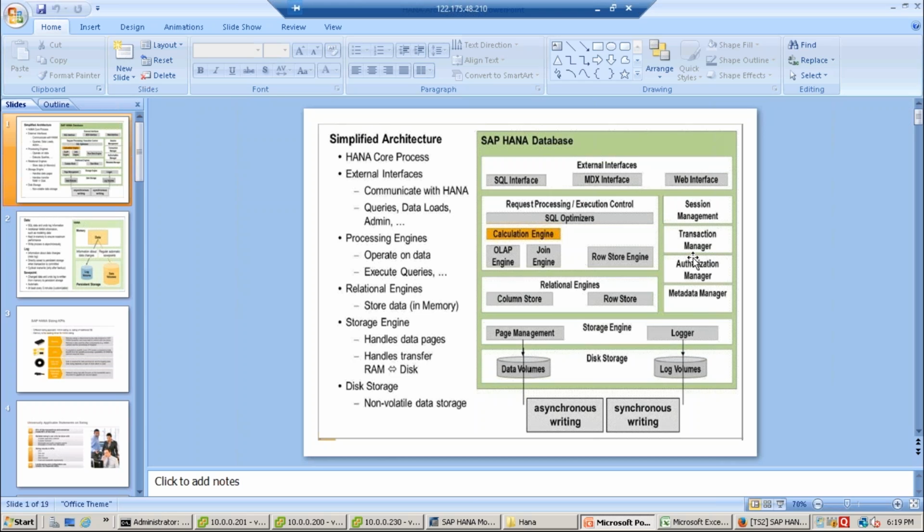So once the system verifies that the user is authorized to execute those commands, those commands will be further sent for request processing to this request processing and execution control. Anything you try to perform in the database will be with SQL. So whenever it comes to executing those SQL commands, first optimization will be done. There will be SQL optimizers. So what these optimizers do is